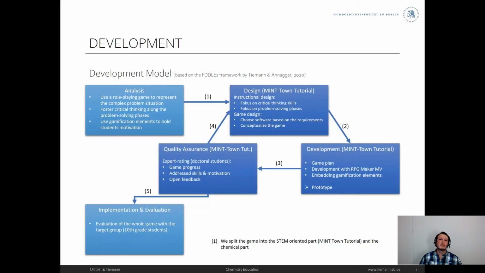For the development of Mintown, we follow the model based on the FDDLE framework by Thiemann and Anaga, which is divided into 5 steps: the analysis, the design, the development, the quality assurance, and the implementation and evaluation